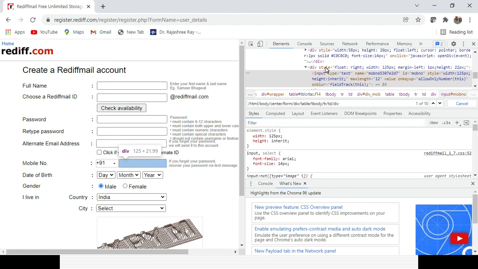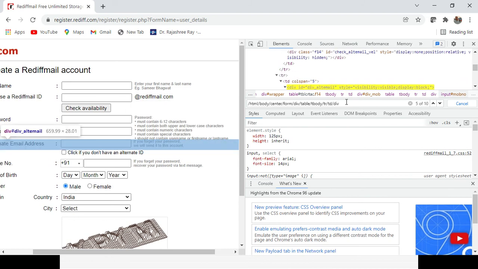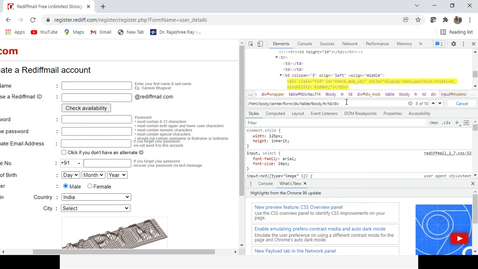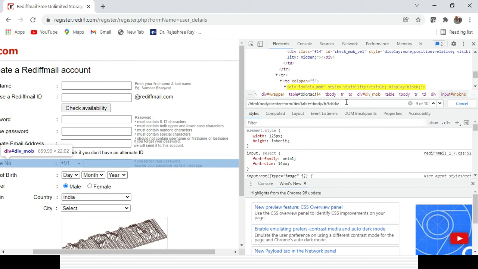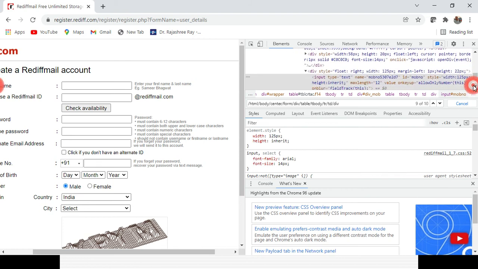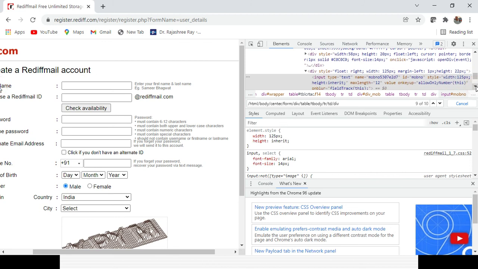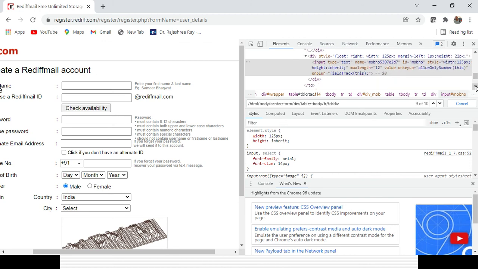Till that part I have come here. One second, let's select all the elements one by one. Yeah, that portion I have come here, so this is the portion. Country ID. Okay, then it will be another div here. So this is the div part I have come, and again within that div here, one second.